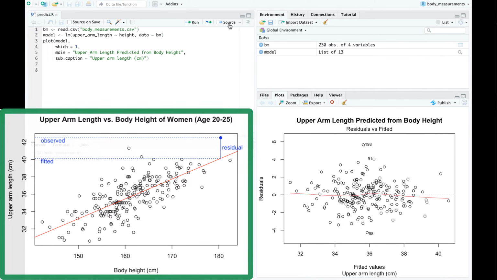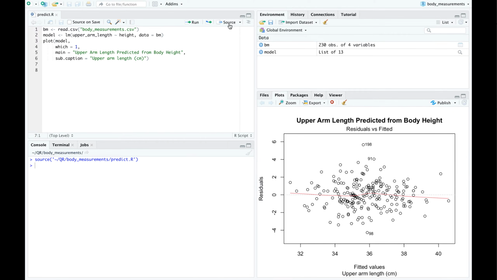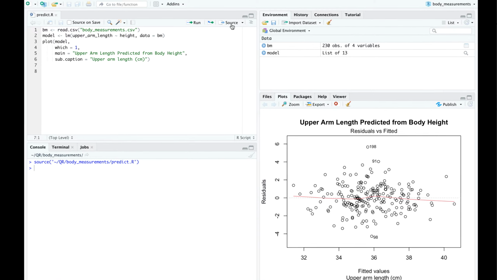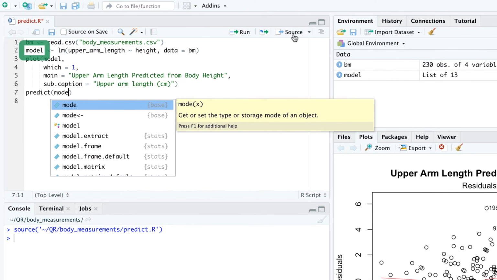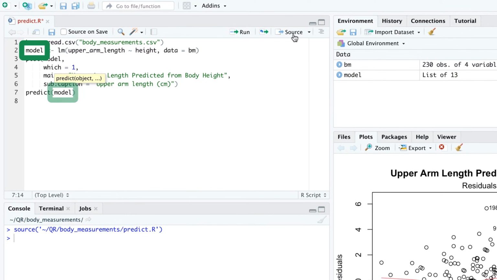For the purpose of making the residual plot, R automatically calculated the fitted values for us, but sometimes we would like to determine predicted values ourselves. In principle, we can determine the predicted values from the y-intercept and the slope of the regression line, but R offers a more convenient way for this task, the function predict. The first argument in predict is the fitted linear model, usually calculated with the function lm. In our script, we gave the fitted linear model the variable name model.